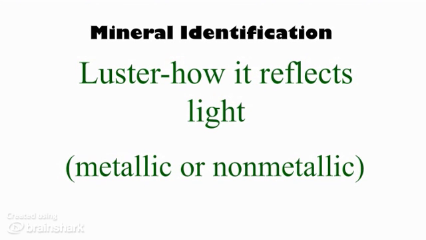Another mineral identification test we can do is looking at the luster of a mineral. Luster simply means how it reflects light. All minerals have a luster, and there are two types of luster. A mineral can either be metallic or non-metallic. It sounds like what the word sounds like. If a mineral has a metallic luster, it's more shiny. It reflects light. You can see the word metal in metallic, which means the opposite is true for non-metallic. If a mineral has a non-metallic luster, it just means that it doesn't reflect light.